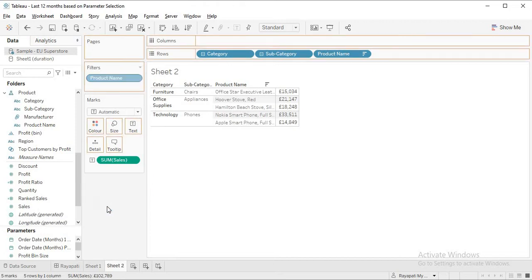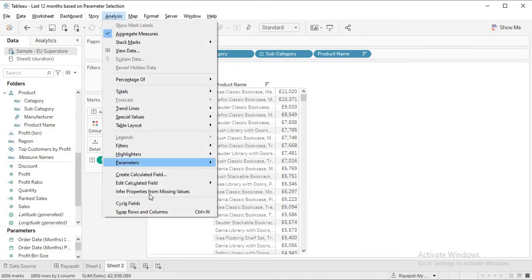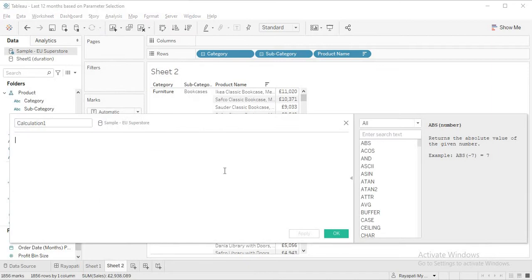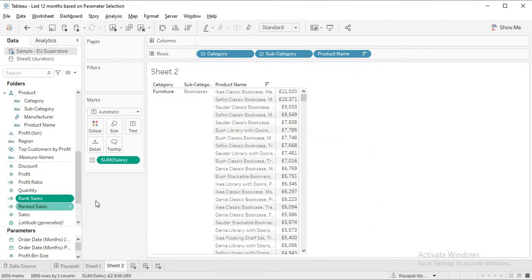There might be many other solutions for this, because in Tableau you have n number of ways to solve any given situation. Now when we are talking here, I'll use table calculations to get a solution, and specifically I'll be using the rank function. So let me create a calculated field. This is something like a simple rank of sum of sales, right? Now I'll name it rank sales. There is already another field called rank sales, so I'm just taking it as rank sales.